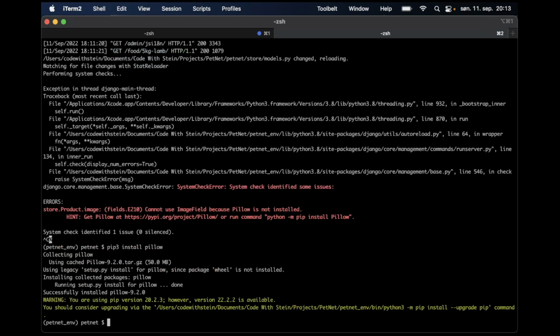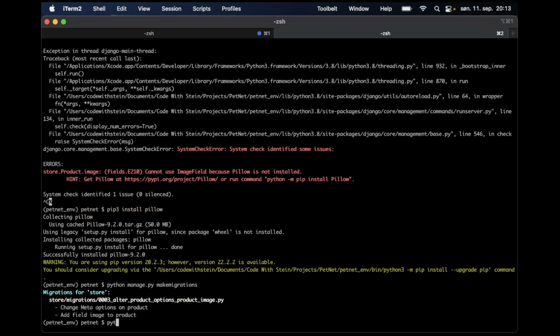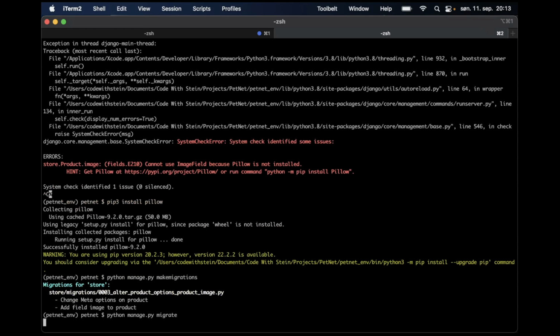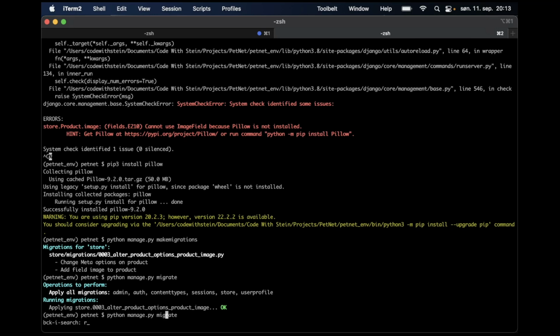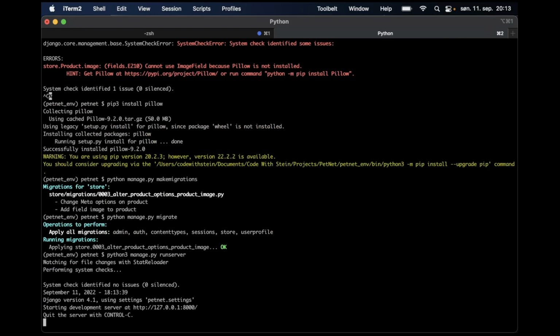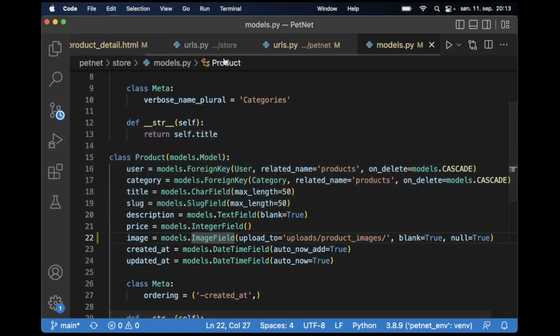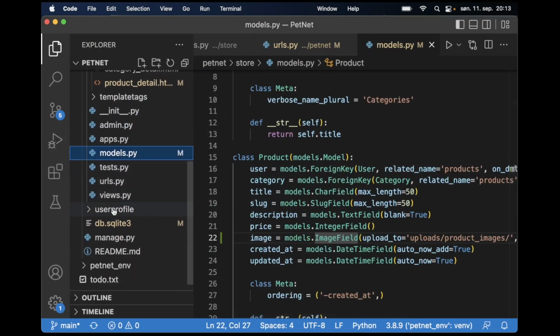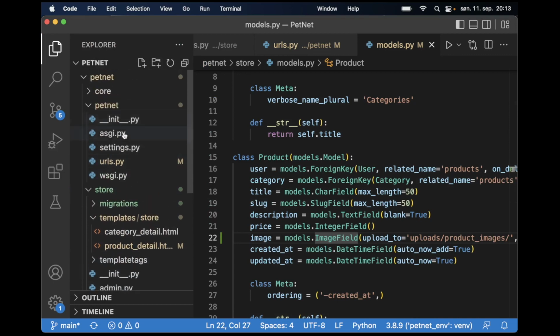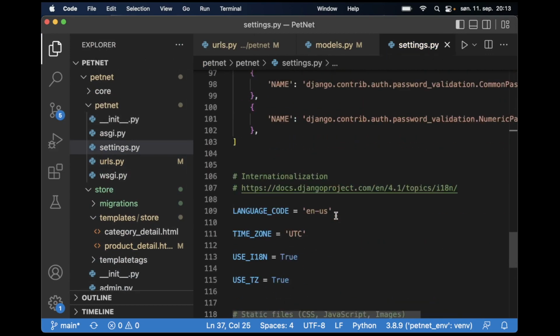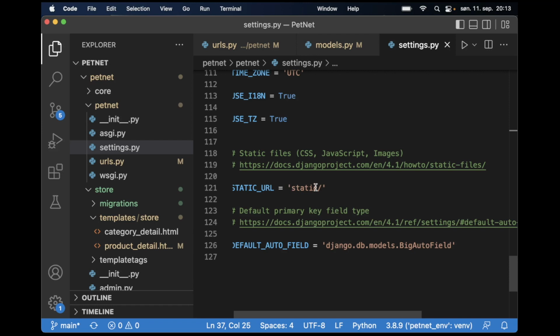Great, so when that is done, I can run the make migrations, python manage.py makemigrations, and python manage.py migrate. Then I can run the server again, but this will not work yet because we need to do some changes in the settings.py file. So if I now go to settings.py, then I can scroll down and find the static